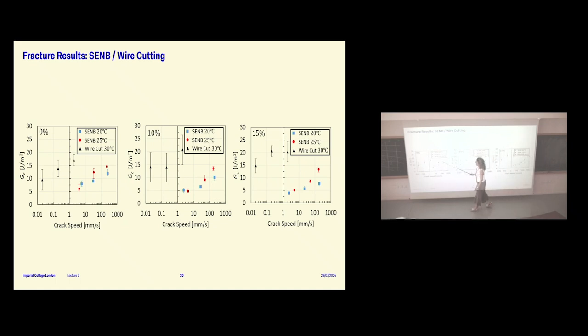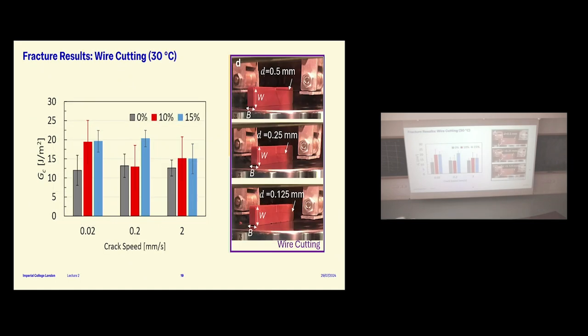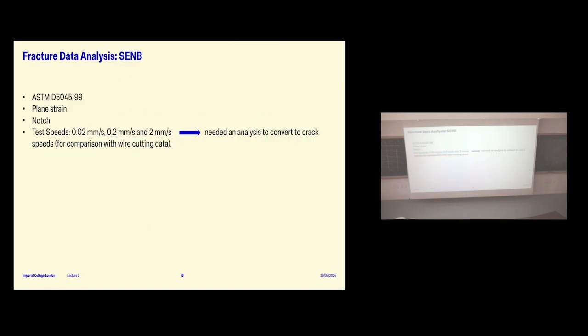So what you can see here, the most striking thing, is that remember these were done at 20, 25 degrees, and then these are 30 degrees from the wire cutting. There's a huge change, okay? In toughness, it increases. So all of these things are happening inside your mouth. So far we said that the stress-strain curves are changing. So if I go back to here,